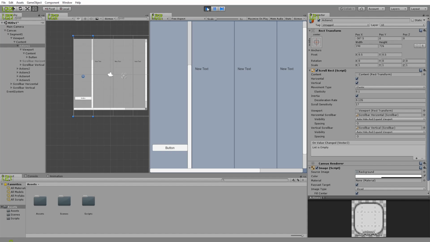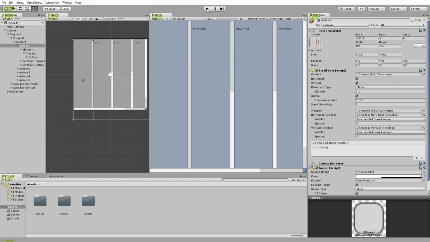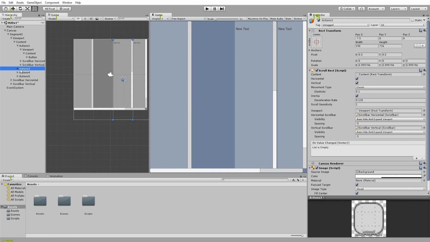Alright. Looks cool. It's cool, works pretty well. So basically what this is going to look like is, I'll delete these other ones,